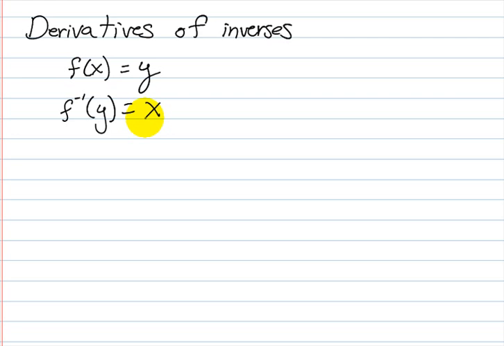And that's important because when we have a conversation about a function at x and we talk about its inverse, we need to talk about the inverse at y. So we're talking about not the same x value, not the same location on the graph, but the corresponding location on the graph. And given that this is true, the rule goes like this: